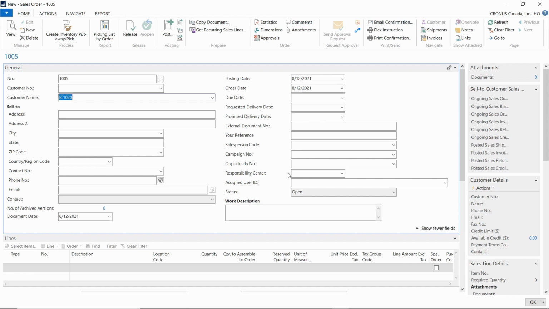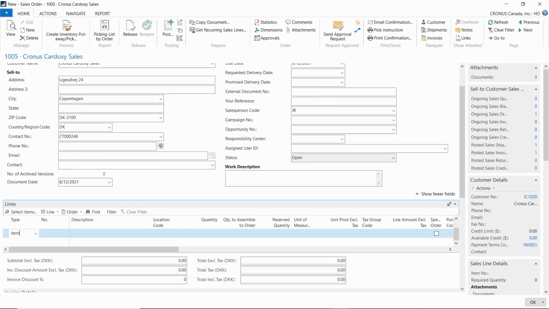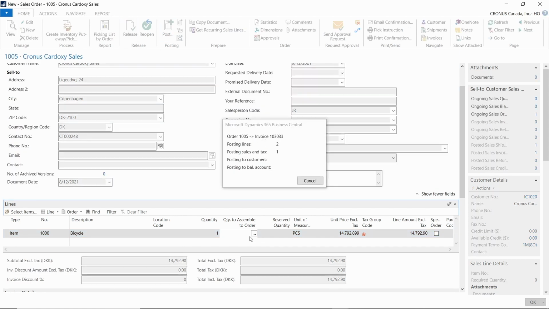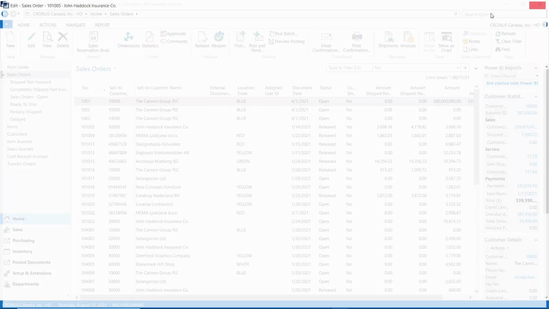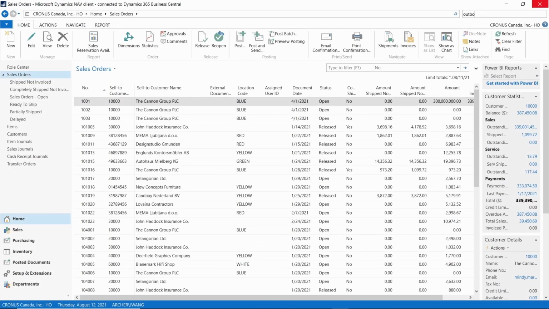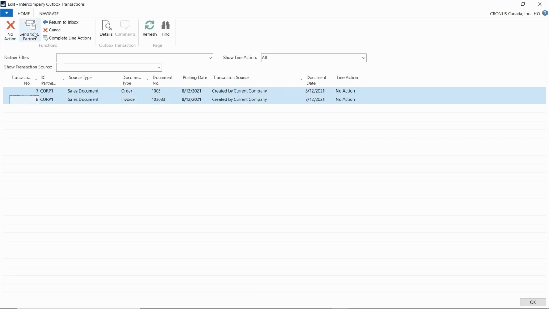So that populates the header. Then I sell the item from this company. Just sell this bicycle to the other company. I'm gonna sell just one of this bicycle, and then I'm gonna post ship and invoice. Then I go to my Outbox and take a look. You can see the sales order and the invoice are posted,